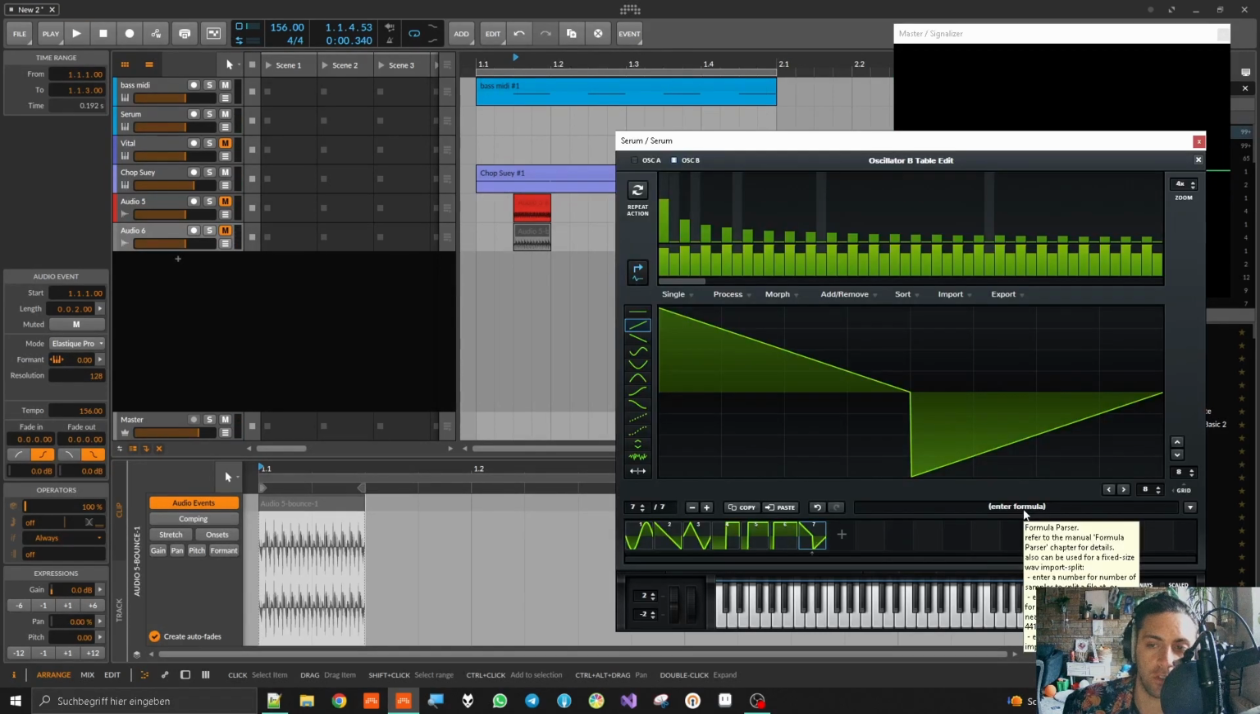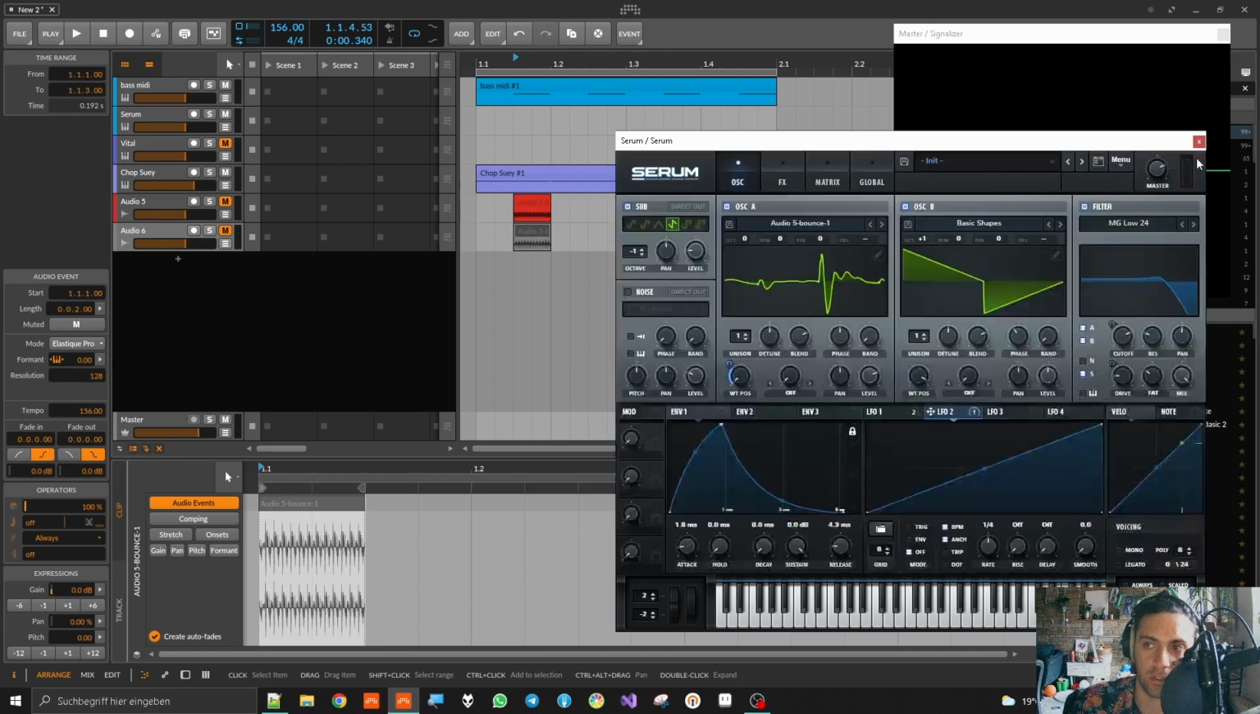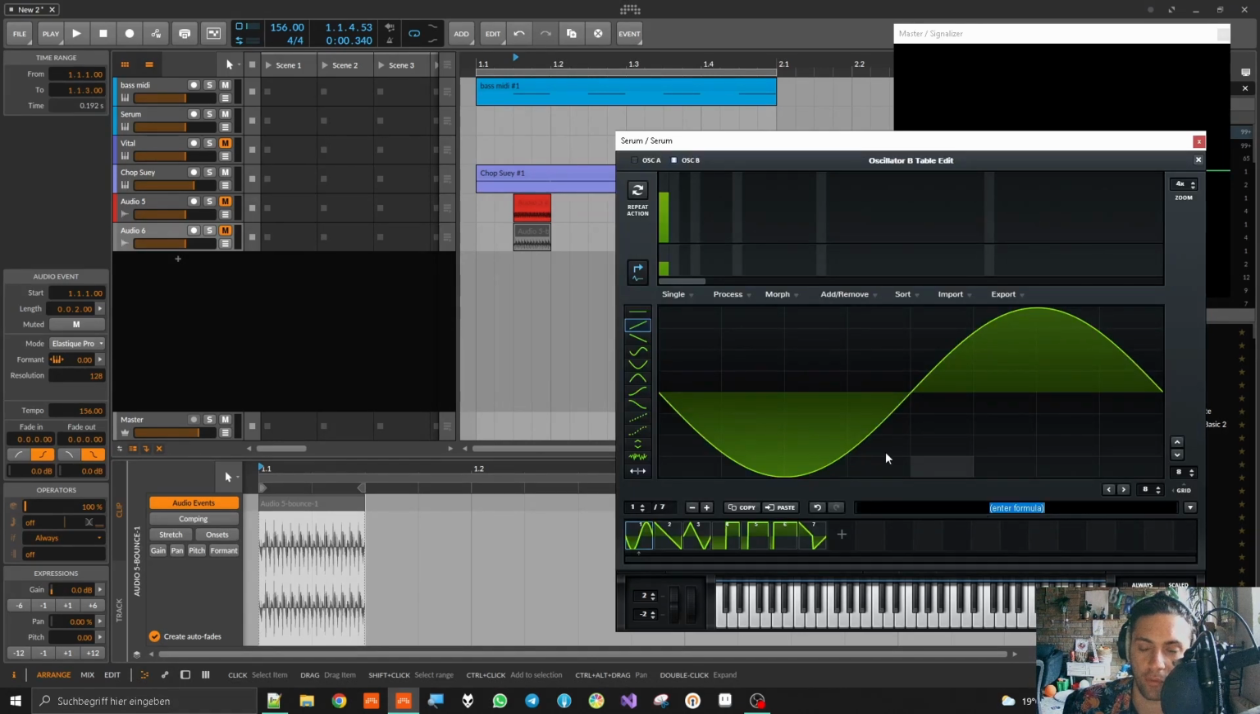Another thing that you can do with the Formularparser is actually typing in whole formulas of things that should happen over time in your wavetable. So let me put this LFO to the wavetable position of the second oscillator. And now I will let it move through the whole wavetable like that, while saying cosinus of x times z